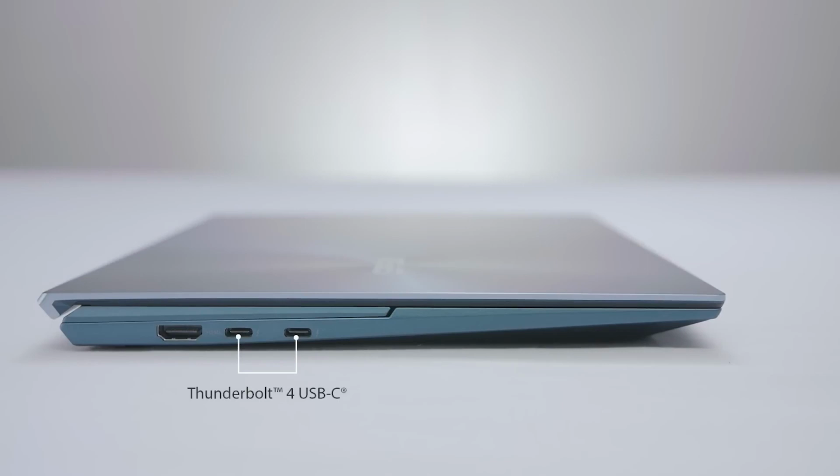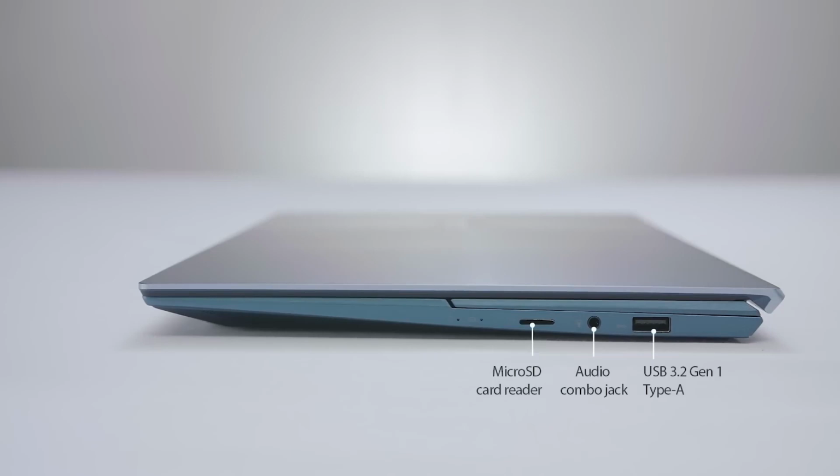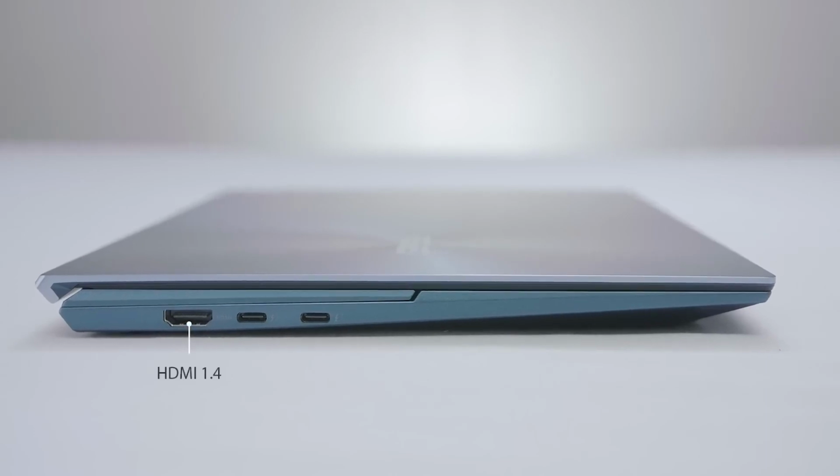Now, coming to the ports, I have my opinions on that, but one thing I can say for now is I'm very happy about the ability of the Type-C, that it's power delivery. In other words, you can charge through it, because it just makes it easy. With everything being Type-C, you can basically charge this laptop with your normal phone charger. Yes, it'll be slow, but it's possible,